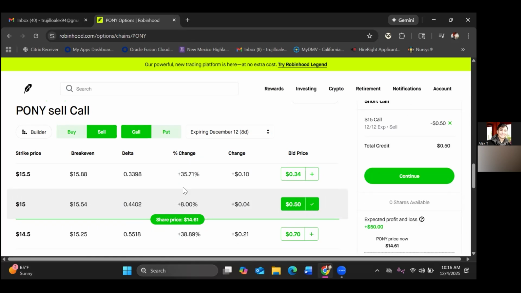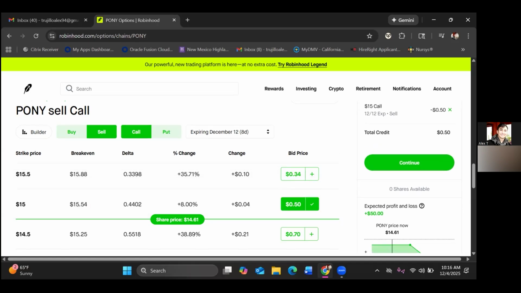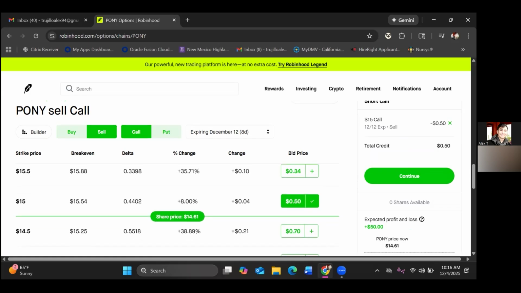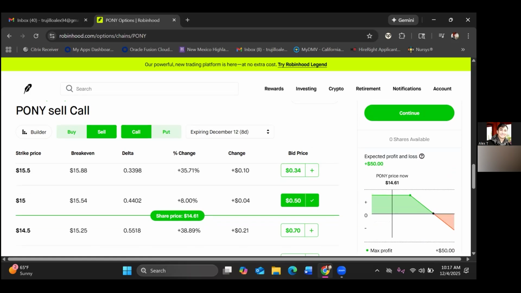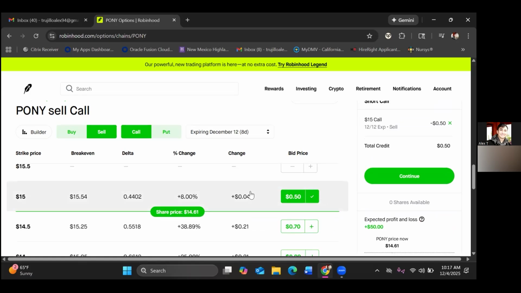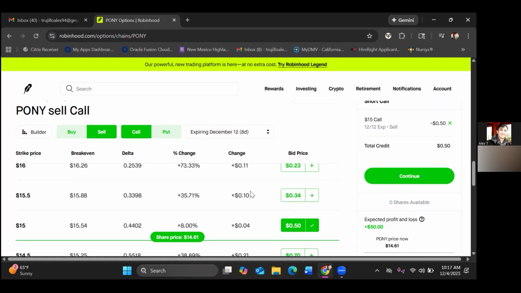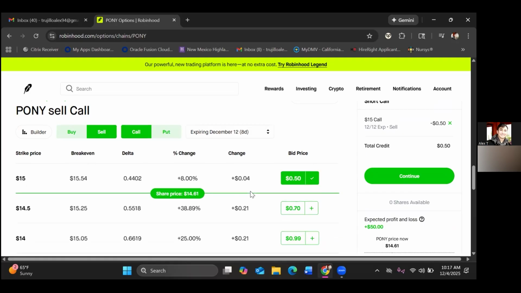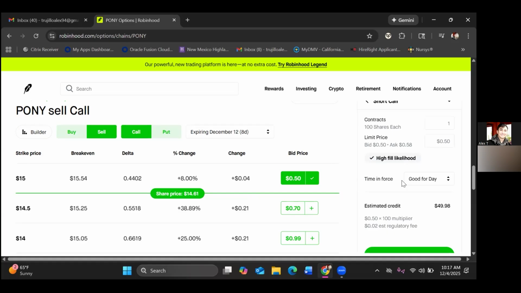Hit continue. Okay. If you wanted a more conservative approach, you could also do a delta of 33, right? Right, but wouldn't be aggressive because I just looked at technicals on this. The resistance level is at 15, so you want to recover that debit that you paid originally. Wow. So this is purely off technicals, not off delta. Sometimes we go off delta, sometimes we go off technicals. If you look at Pony's technicals, the resistance is in the high 14s. So we want to capture this opportunity to collect $50 per contract. At the same time, if we need to roll it, we can always roll. It's not a big deal because your LEAP contracts are all the way till May.